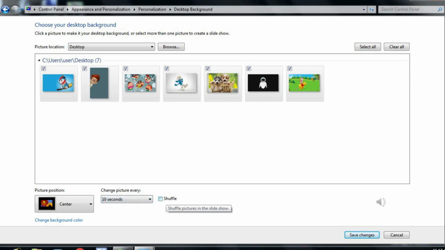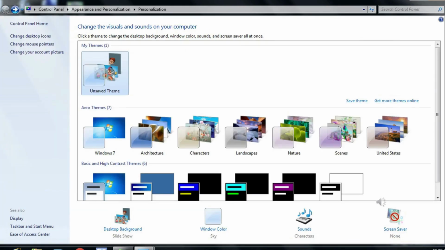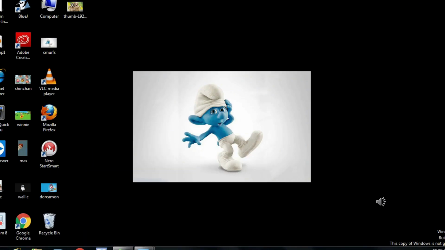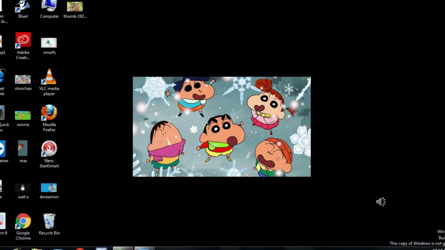If you want the pictures to appear in a random manner, you can click inside the Shuffle checkbox, or they will appear in the same order as in the folder. Select the picture position. Now save changes. Wait, now you can see every 10 seconds a new picture will appear as wallpaper automatically. See, third picture.